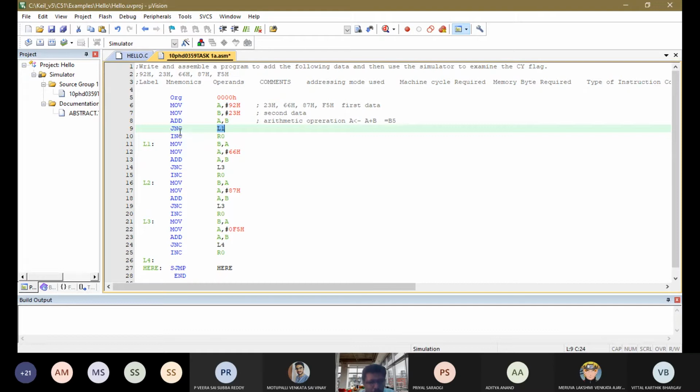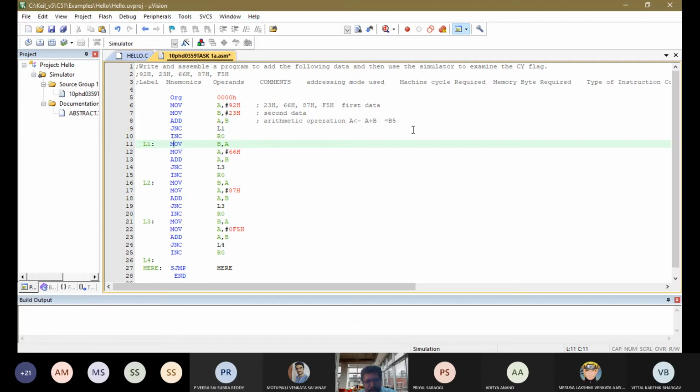You understand? Jump on no carry. Since this operation 92 plus 23H doesn't generate any carry, this particular instruction will be a success. Jump on no carry to L1. So it will go to this L1, excluding the increment operation.